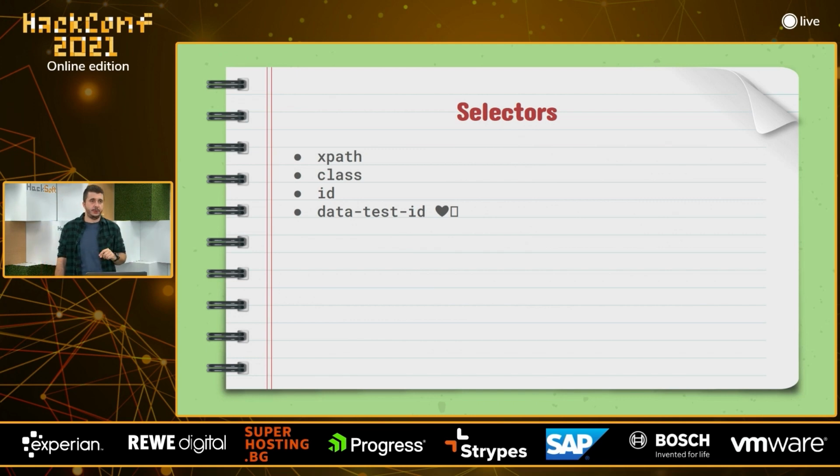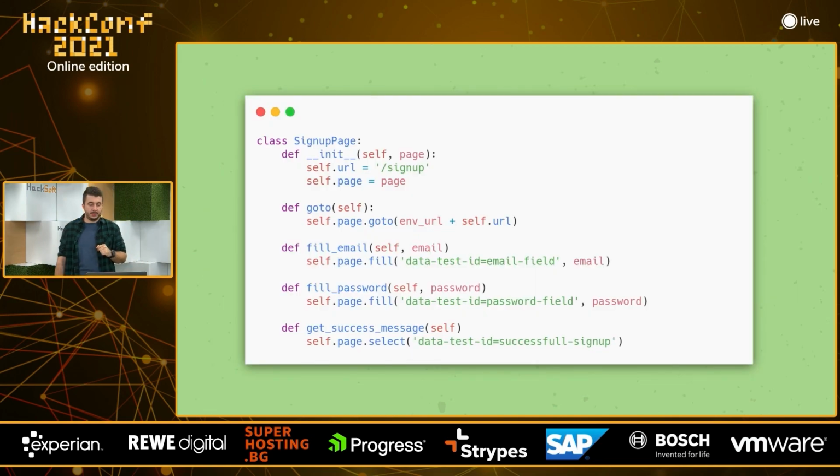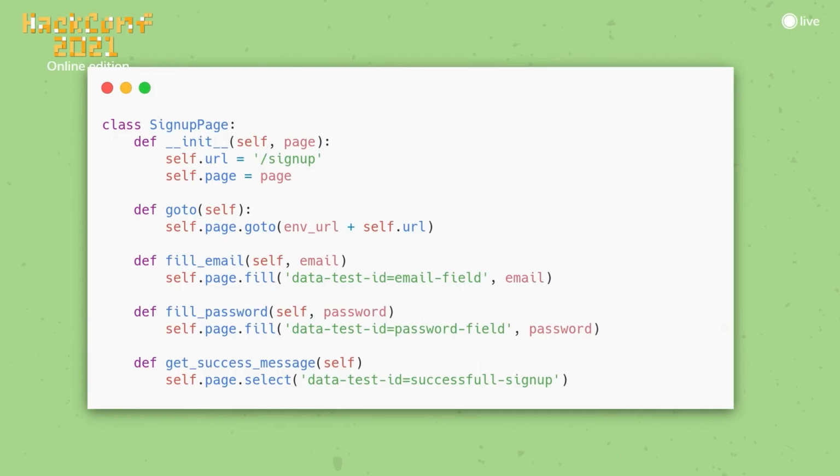And there is another attribute that we saw on the internet that people are using called data test ID. My emoji is not showing on the presentation, but this is the one that we picked. Code looks like this, way more readable, way more understandable. But the thing is that you need to have the permission and the knowledge to change the UI.